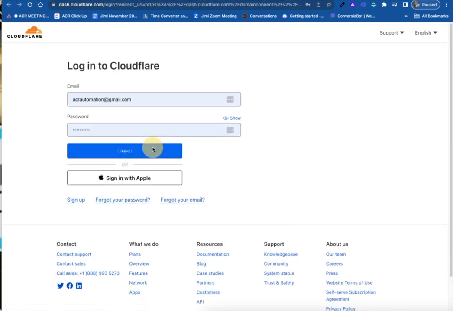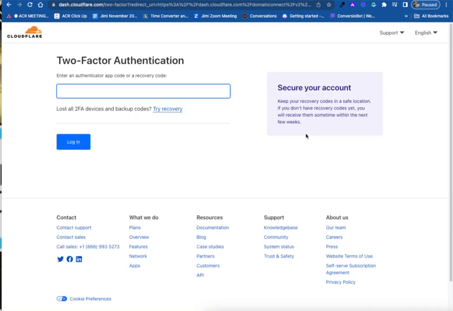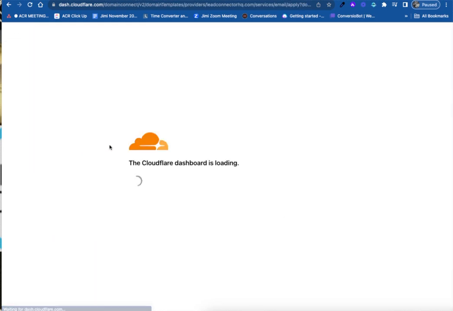I'm going to log in, and it's going to take me through the two-factor authentication process, which in your case will be exactly the same thing. You're going to make sure that you log in. Once that happens, it's going to create a whole bunch of records on there. Okay, here we go. Let me just double check. No, that's the wrong one. All right, once I've logged in,